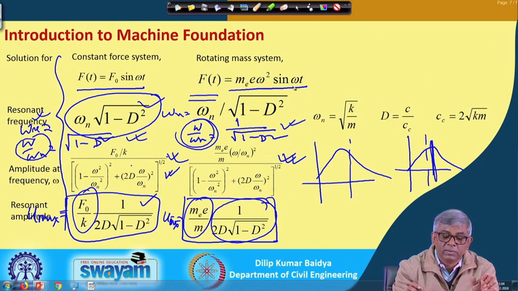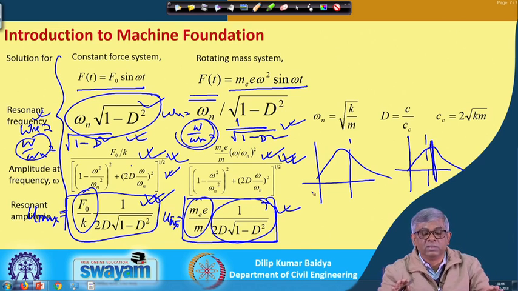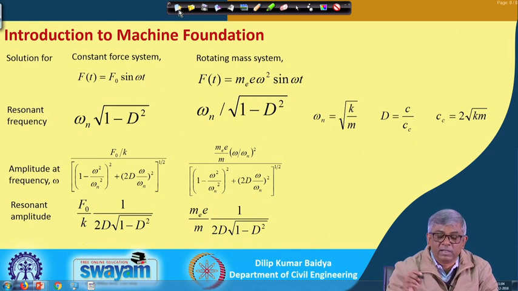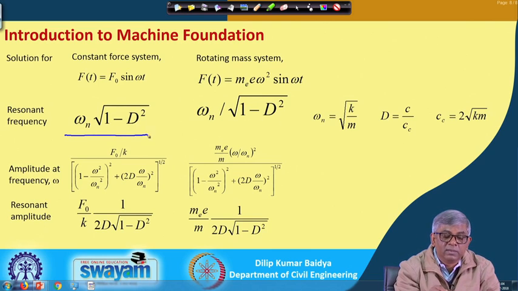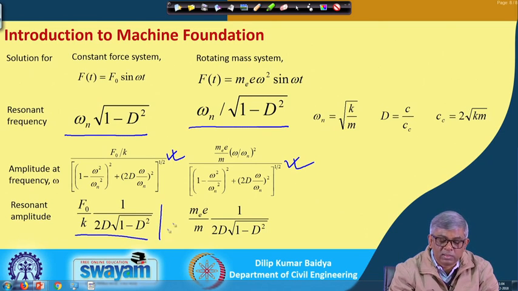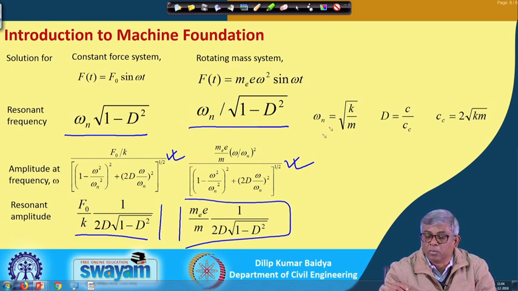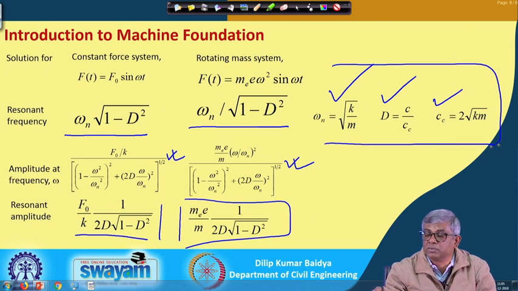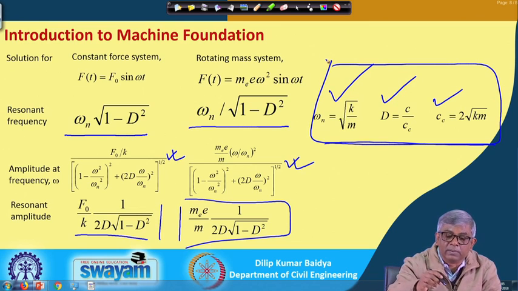So, these two things are to be remembered, the general solution, this and this, and once you substitute in this equation, your maximum amplitude or resonant amplitude you will get from this expression, this is to be remembered. So, this is kept in the tabular form. You can see, if I clean here, this is one important thing, which I have already repeatedly discussed, you have to remember, and then finally, these two are the resonance amplitudes, and then what are the other things? Omega n is this, and damping ratio equals C by C c, and C c equals 2 root k m. All those parameters are also to be remembered. This is very essential for dynamic analysis.